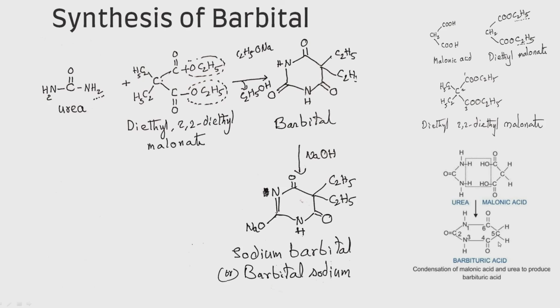that is barbituric acid. Here, to the barbituric acid at the fifth position, two ethyl groups are required. For that, we are taking substituted barbituric acid, that is 2-ethyl, and here the diethyl malonate, which is derived from the malonic acid. It is further substituted at the second carbon by removing these two hydrogens, that is, by substituting these two hydrogens with the ethyl structures. It forms a